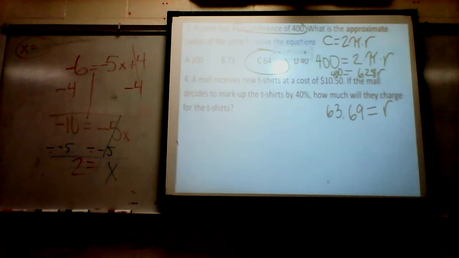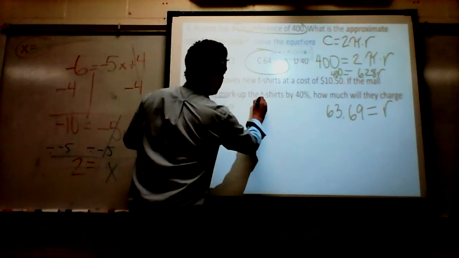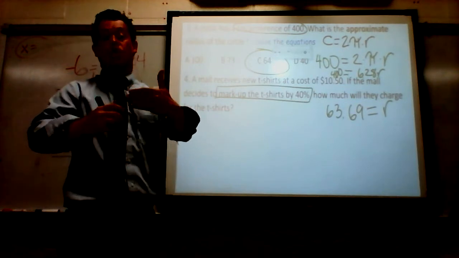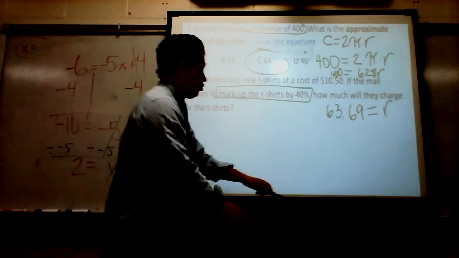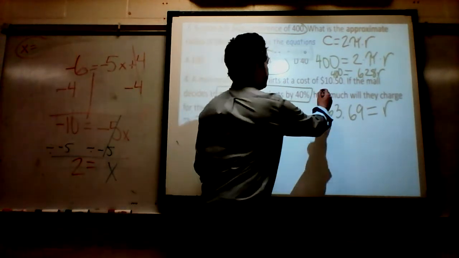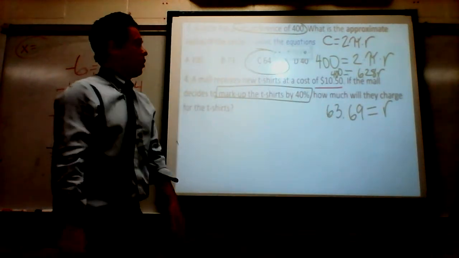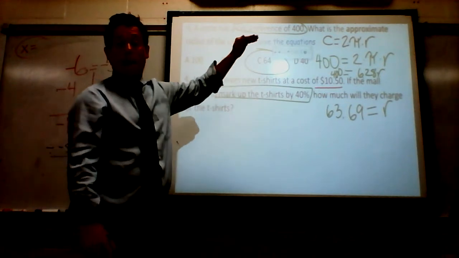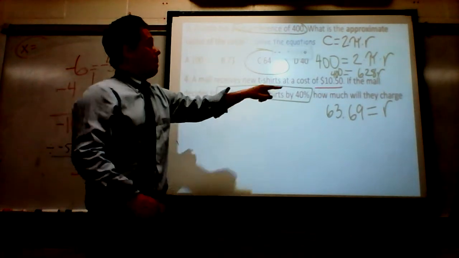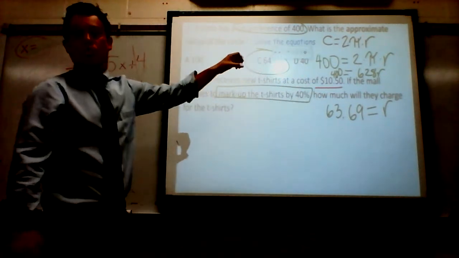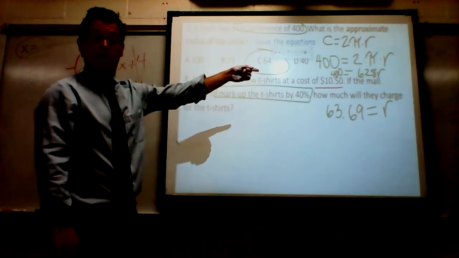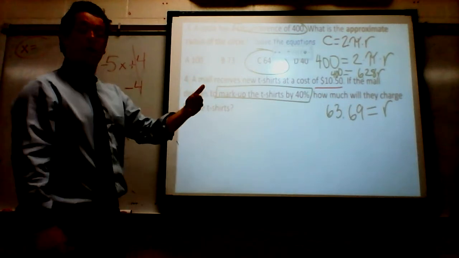When I see mark up, I know that means the price is going to increase. So we have an original price of $10.50, which is a pretty good deal for a t-shirt, but the store, the mall, marks it up by 40%. So this price is going to increase. The total price is going to be greater than $10.50. To calculate it,